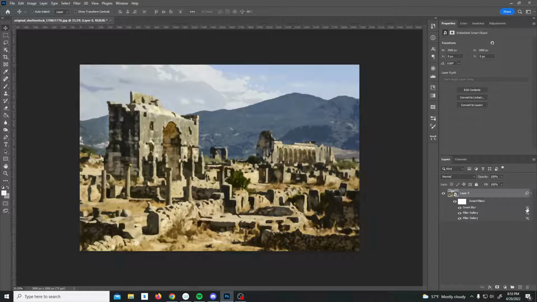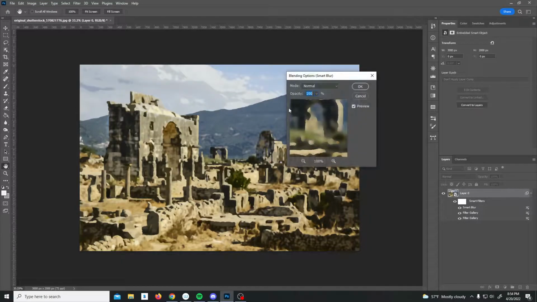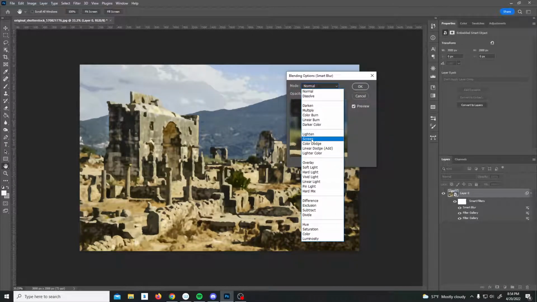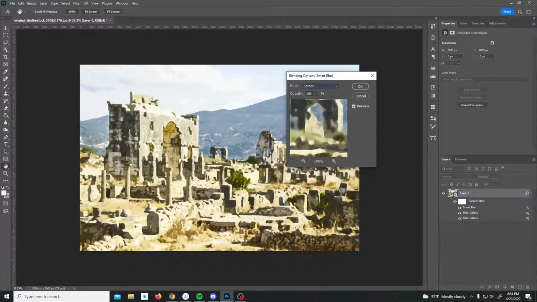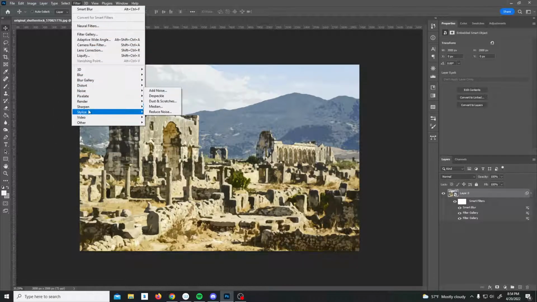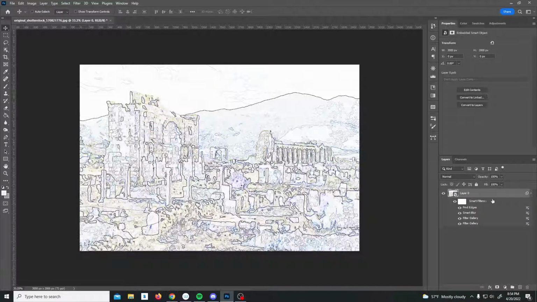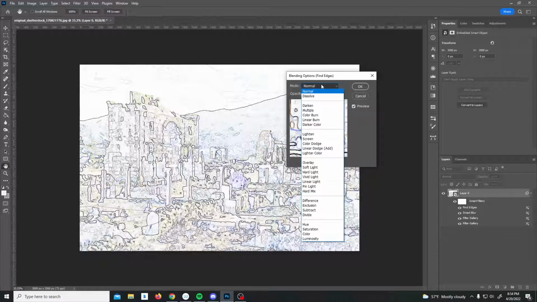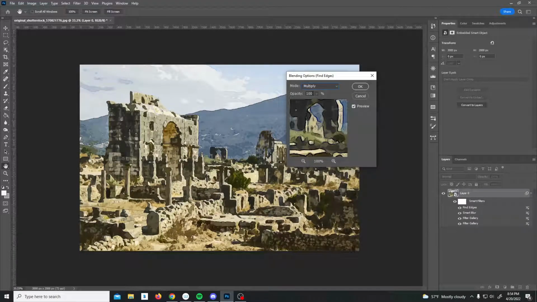Then we're going to go ahead and double click and edit it again on this little bar right over there. Going to go ahead and set the mode to screen and set the opacity to 50%. From there, we're going to go to Stylize under Filters, find Edges. We're going to come over here, double click on that again, set the mode to multiply, and we're going to drag down the opacity to about